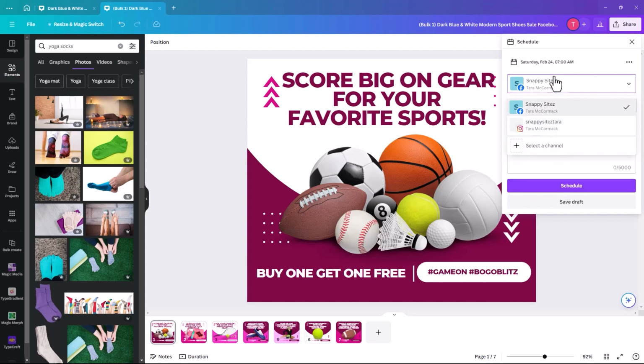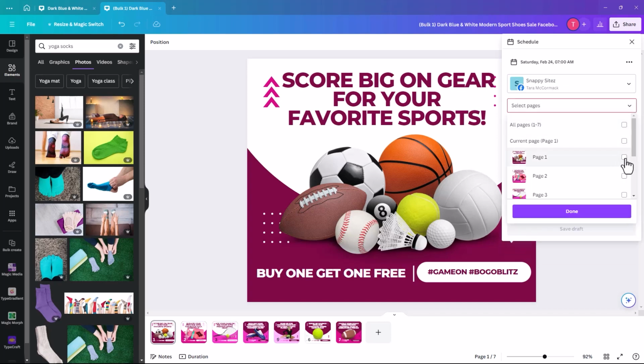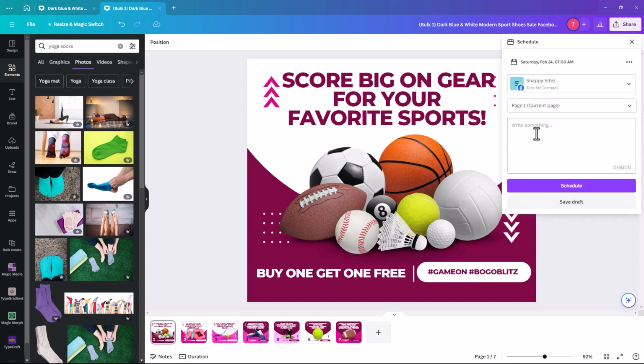So we're going to select a channel, which is Facebook, and we are going to pick the first page because we want them to go out one by one, and then write something. So that's basically what you want in your description. So we're going to have flash sale starts today. And you could put the same hashtags in there, and the offer that is on this day one, and exactly what it is that you're gonna have for sale on day one. And then when you click schedule,